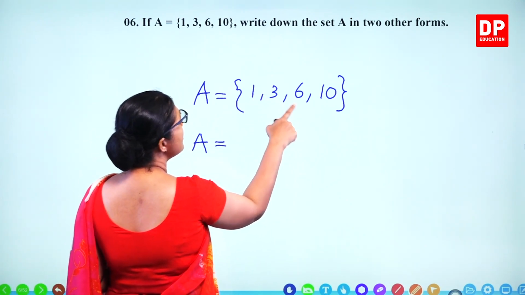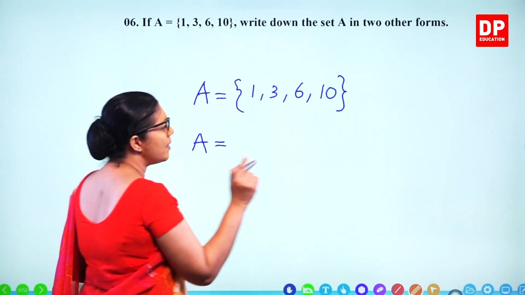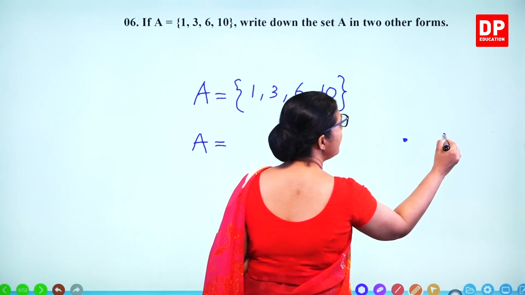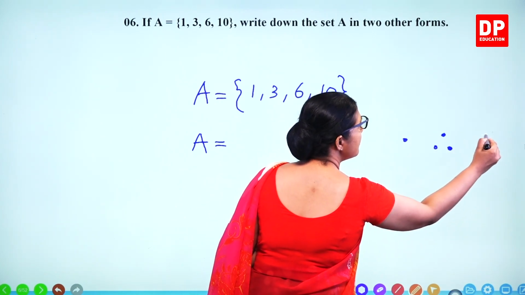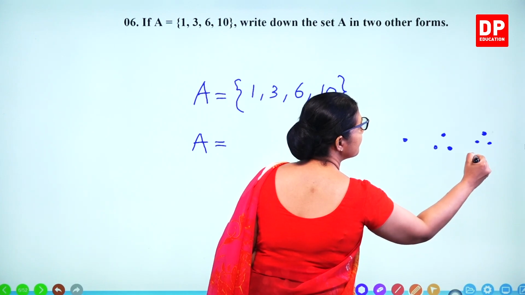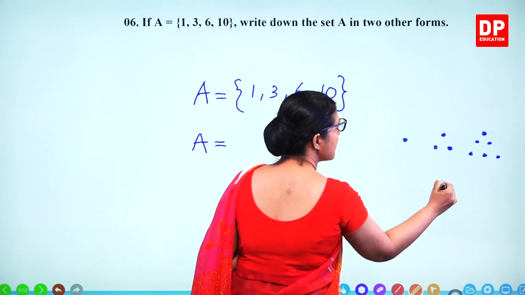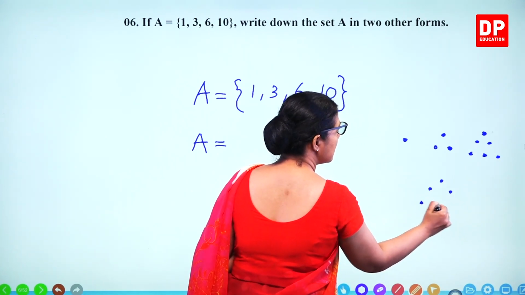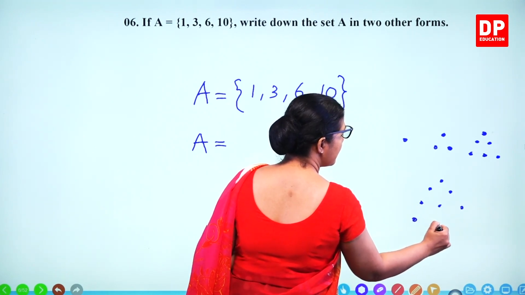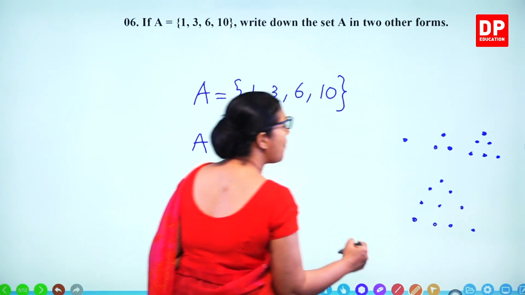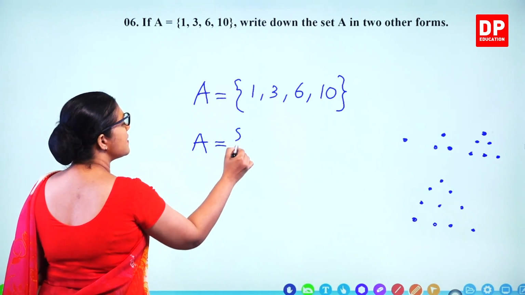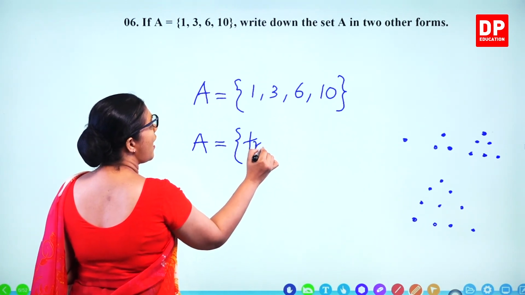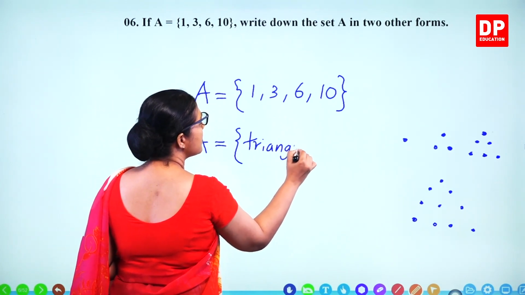What are these? 1, 3, 6, 10. Can you remember the triangular numbers? 1, 3, 6, and 10. Triangular numbers. So we can say set A is triangular numbers